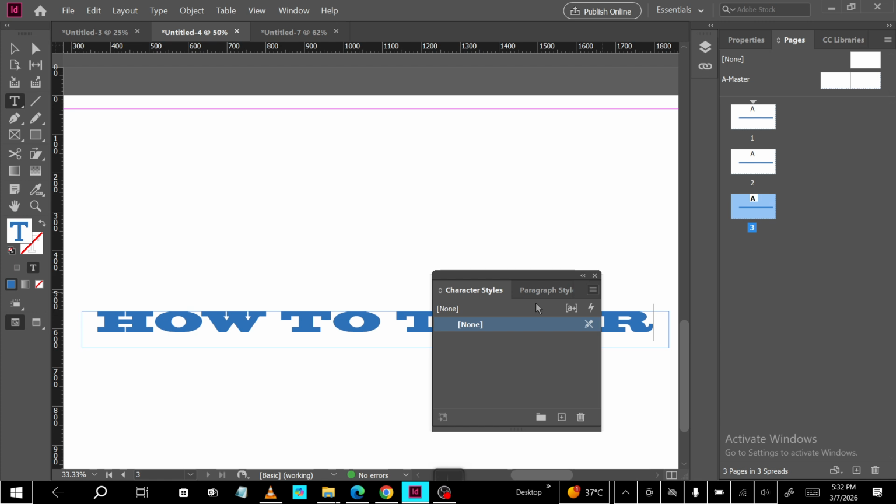Just select another paragraph or multiple paragraphs, then go to the Paragraph Styles panel and click the name of the style you created. In an instant, all that text updates to match the same font, size,